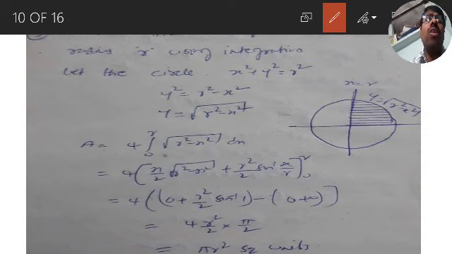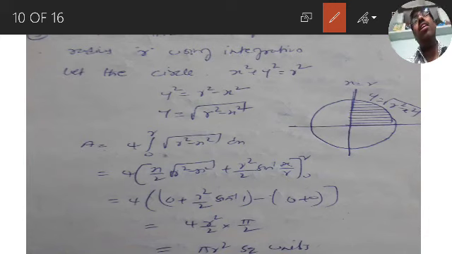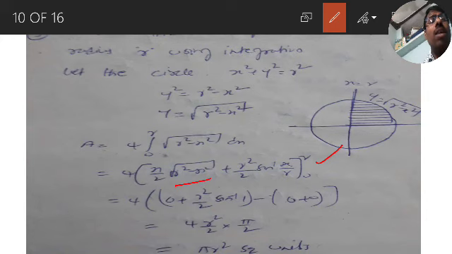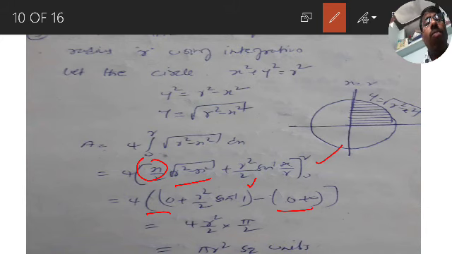So A is equal to 4 into integration 0 to r square root of r square minus x square dx. So what is the integration of square root of a square minus x square? It is one of the 9 standard integrals. If you don't know, go back, learn by heart, remember and come back. So what is that? 4 into x by 2 square root of r square minus x square plus r square by 2 sin inverse of x by r. We did the integration, now upper limit minus lower limit. Upper limit: r square minus r square is 0, then r square by 2, r by r is 1, sin inverse of 1. If you substitute 0 in place of x, 0 into something is 0, sin 0 is 0, so the lower limit is 0. 4 into r square by 2 into sin inverse of 1.